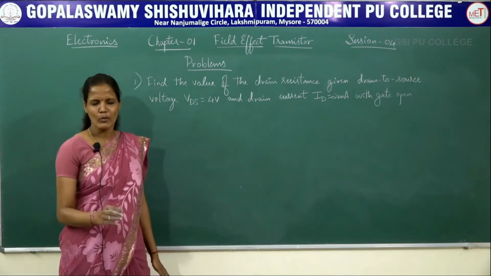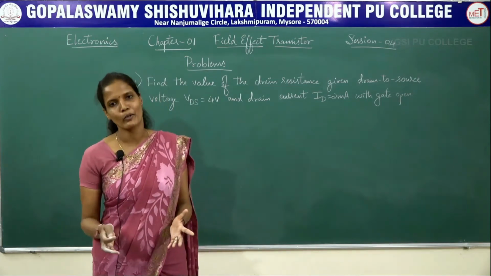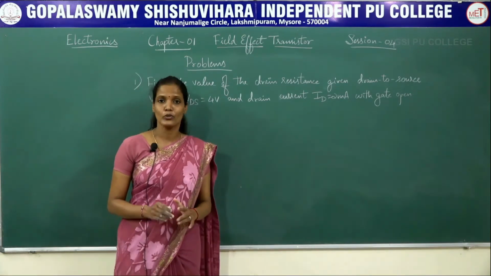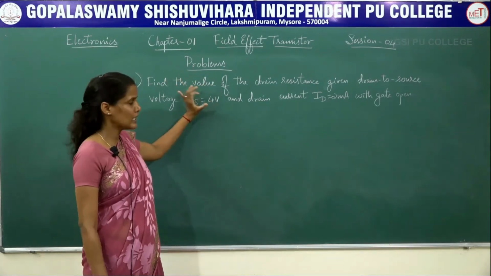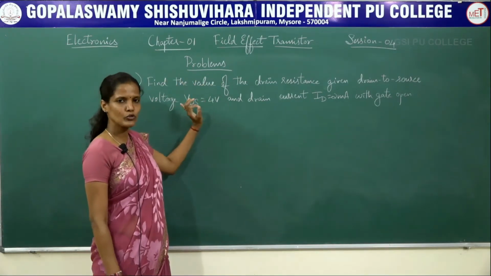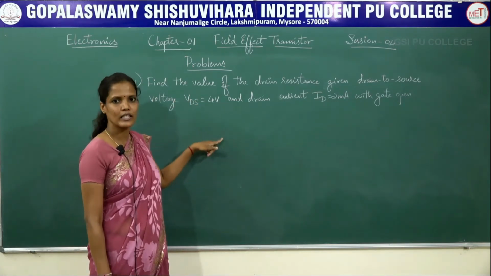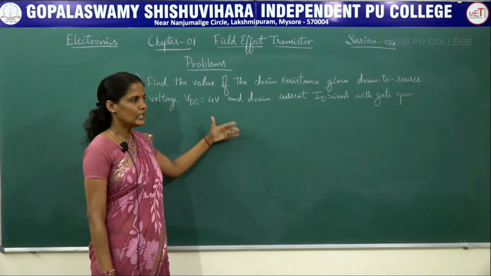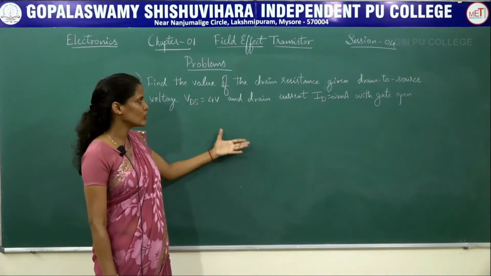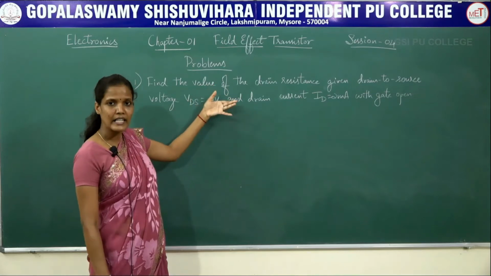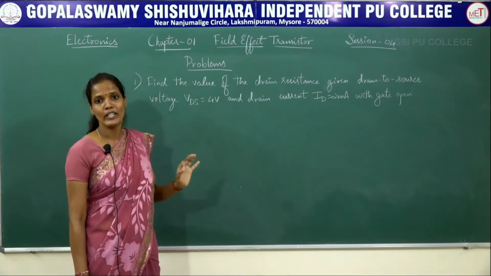So usually problems are a big problem for many of the students. So no issues. Read out the problem 2 to 3 times and try to understand what is given first. Make a list of what is given. Later on, try to analyze which formula has to be used for what they have asked. If you understand correctly what is asked and what is given, you can solve the problem very easily.